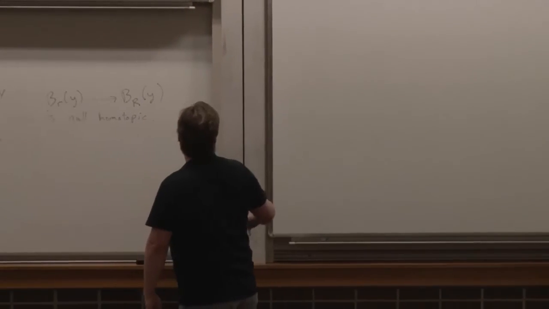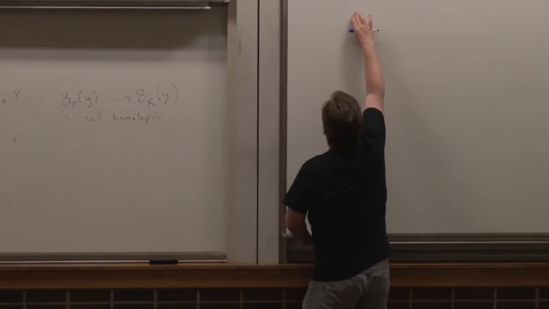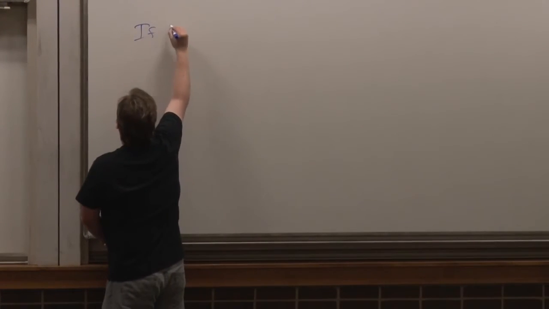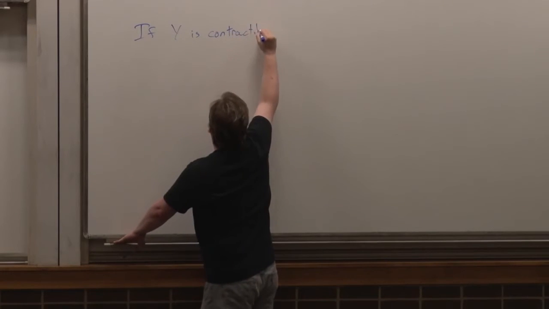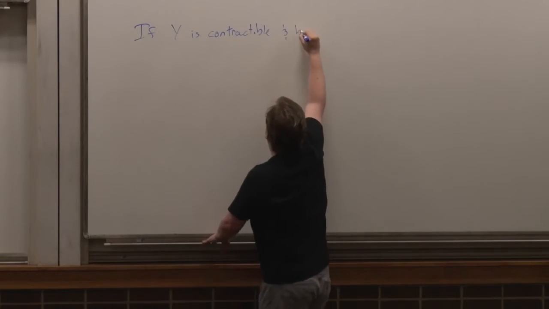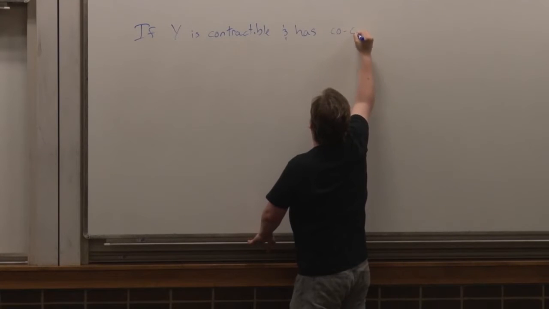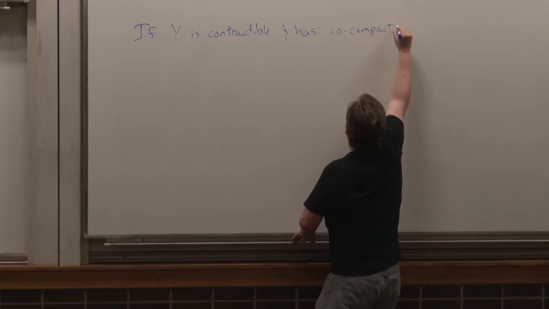Okay, so I guess let me make a fairly simple observation, though. If y is contractible and has co-compact isometry group,